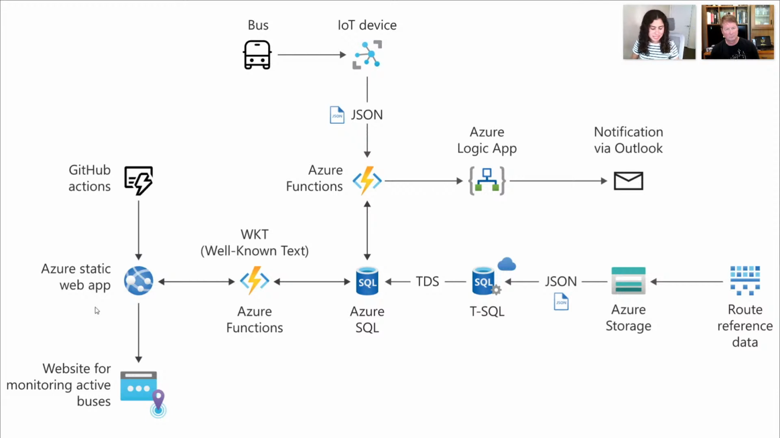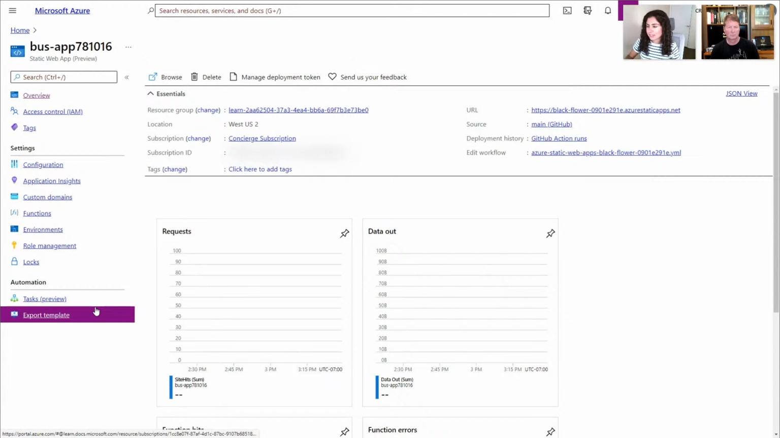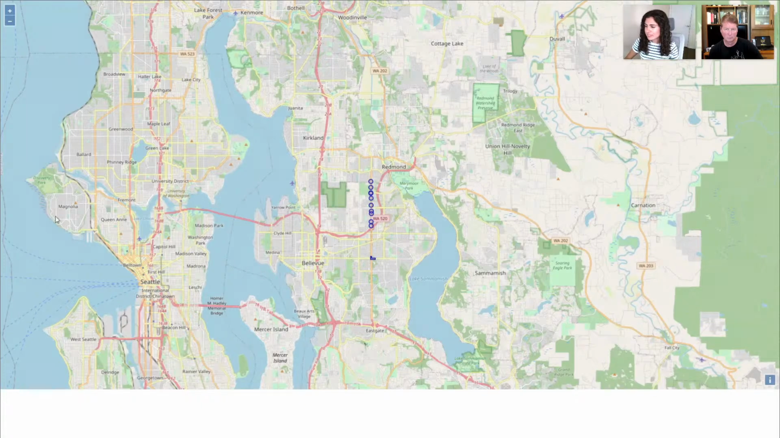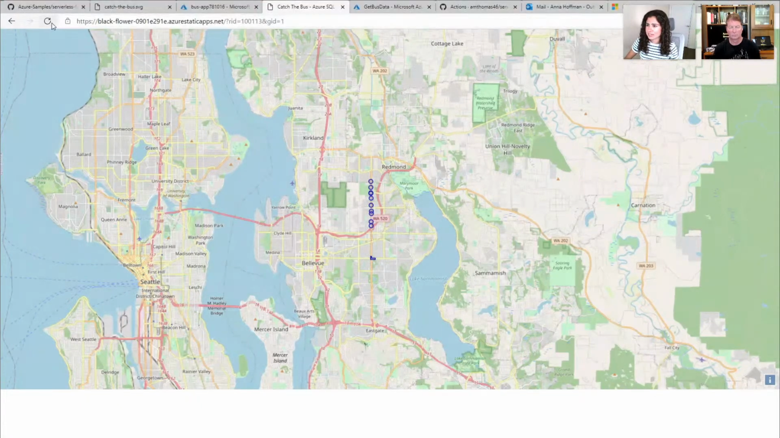So I'll give you a sneak peek at what this looks like, but then I'd love for you to check it out. This is my Azure Static Web App, which basically combines the power of Azure Web App Services with Azure Functions. So you'll also see my Azure Web App has Azure Functions associated with it as well. And then this is my actual application. So if I come in here,